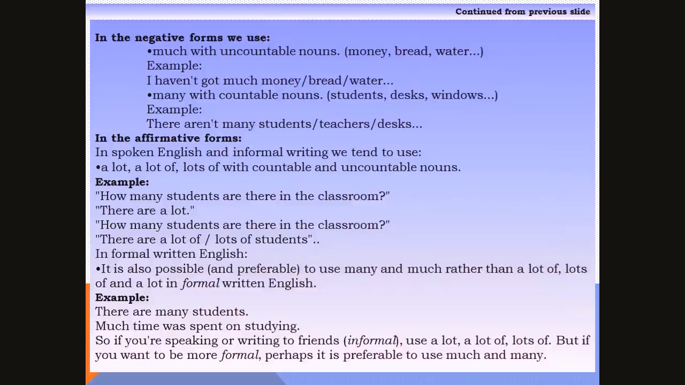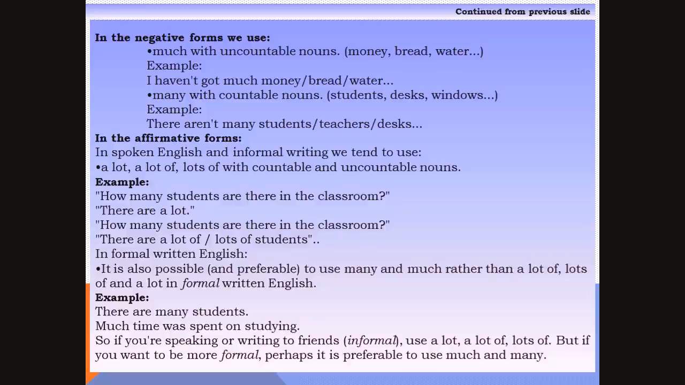Now, in the negative forms, we use much with the uncountable noun. Most of the time, you can see that we use much with the uncountable noun, and in the case of a countable noun, we use many. In the affirmative forms, in spoken English and informal writing, we tend to use a lot or lots of